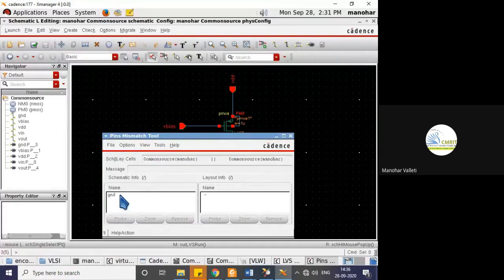This is showing the ground. If you compare both the names in the schematic info, there is a ground not connected. The ground is there in the schematic, but is not there in the layout. The ground connection is there in the schematic but not in your layout. That's how you can identify it.